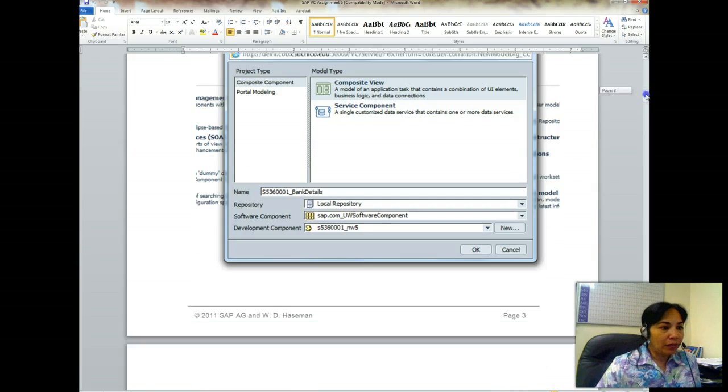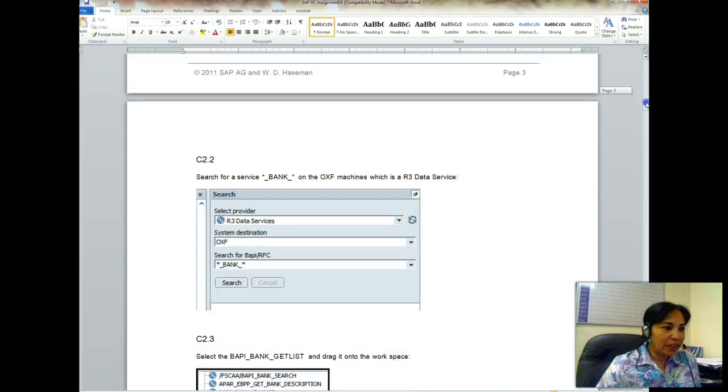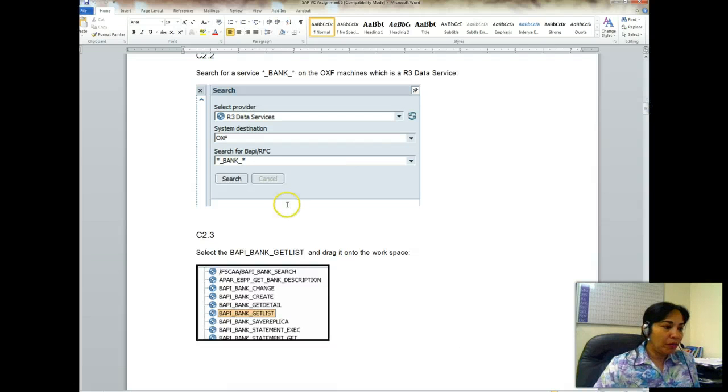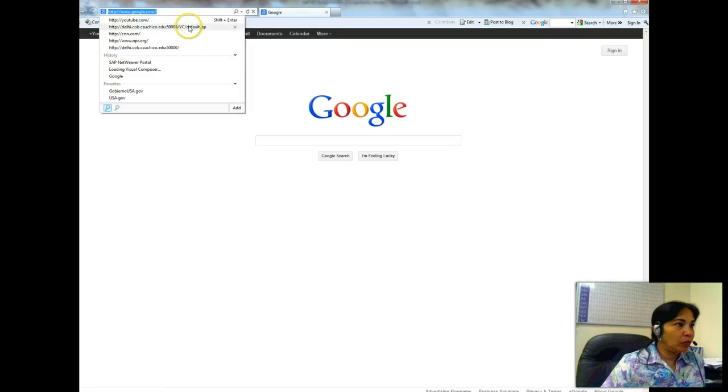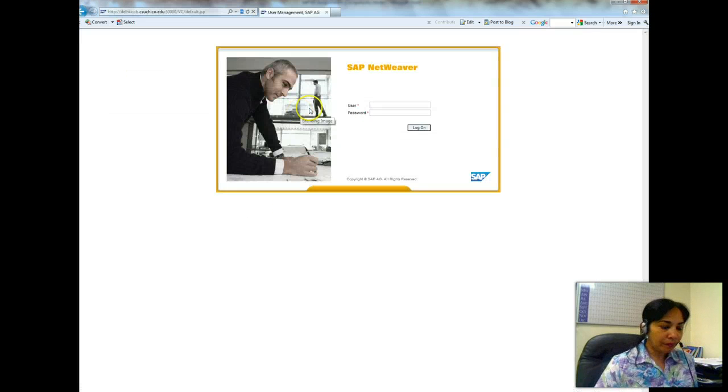Okay, so after we name the model bank details, we have to look for BAPI bank get list. So let's see. So I log on to Visual Composer. You log on using your own ID and password. I log on using my LU006 ID,